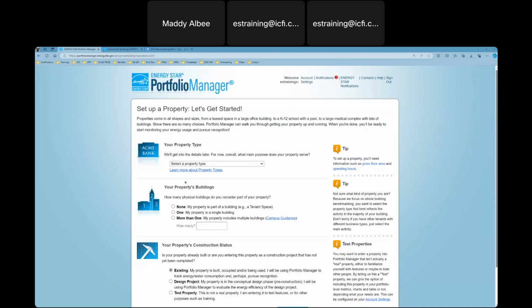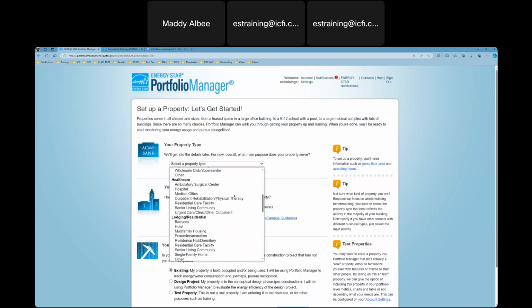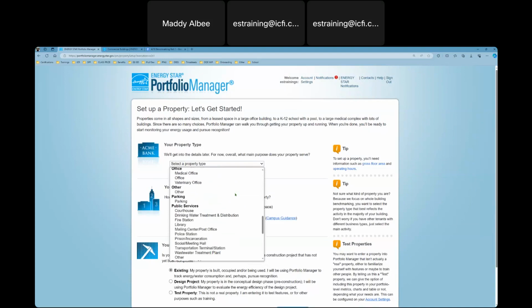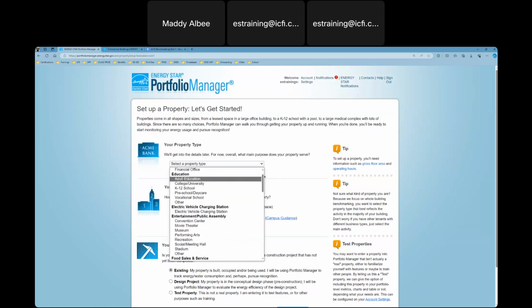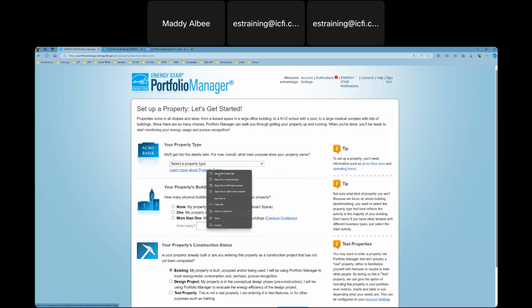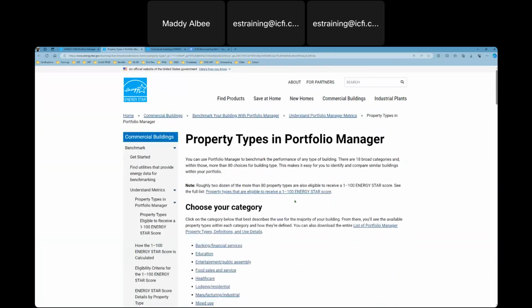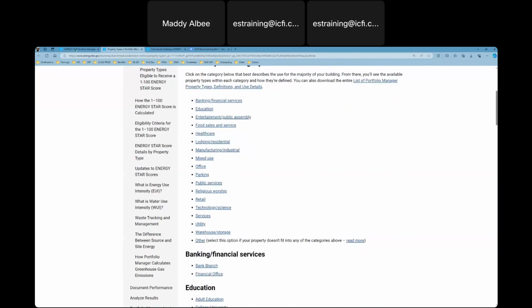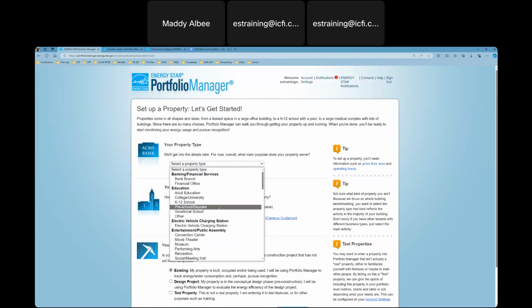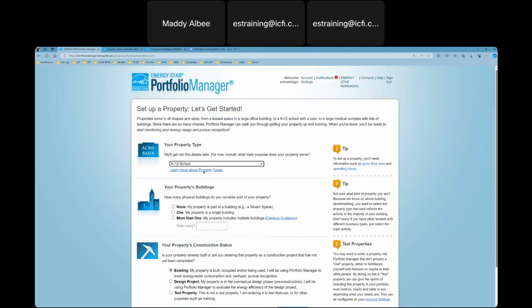So from here, you're going to want to first select the best property type that explains the building you are wanting to benchmark. There are 85 options in this list. Now, if your property does have multiple uses, the EPA recommends selecting the primary use that represents the largest proportion of the building's gross floor area. We also have here definitions for each of the property types, if you are unsure whether your property meets the definition. For the sake of this demo, we're going to be doing a K-12 school,